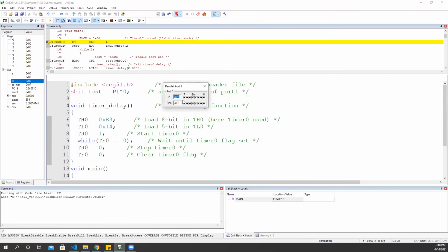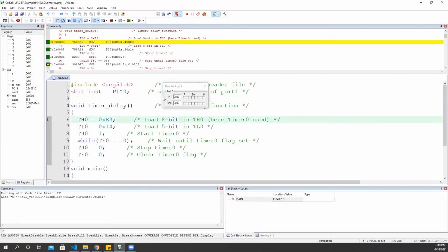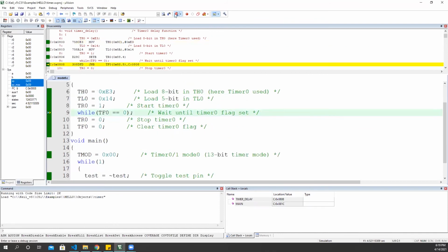Everything else we can set to 0 except for the 0th bit. And now we'll run the program, and we can see that the register is toggled. So this delay is 1 millisecond. So we can close this and stop the run, and